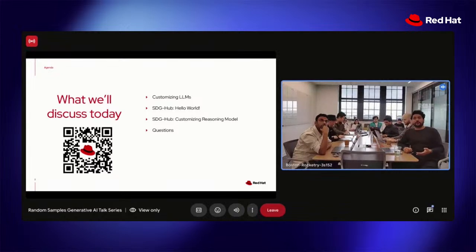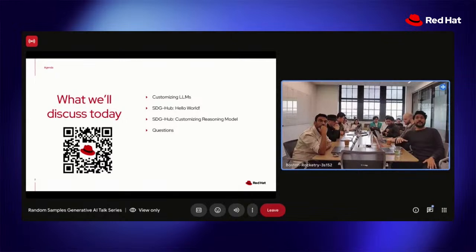And then I'll pass it on to Shiv, who will walk you through sort of a hello world version of SDG Hub. SDG Hub is our tool for creating synthetic data generation. He will walk you through the concepts, the 101 that you need before you can get into the more complicated things. And talking about the complicated thing, he will pass the baton to Abhishek, who will walk you through how